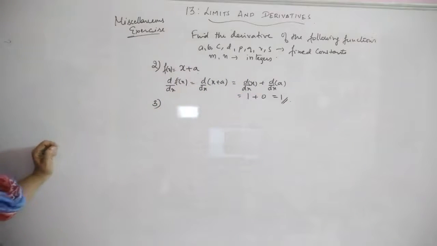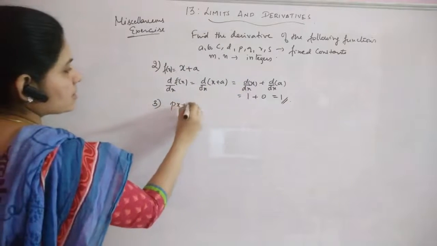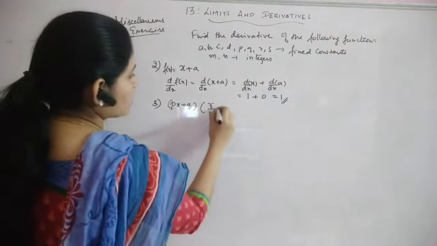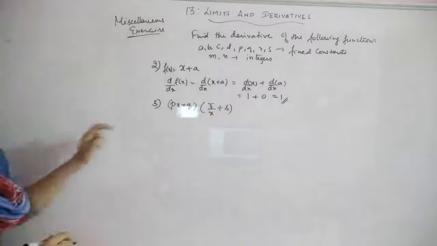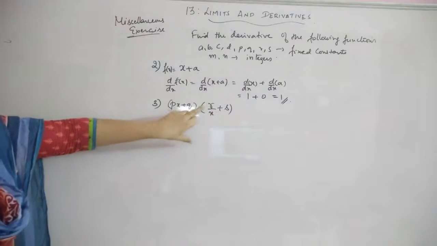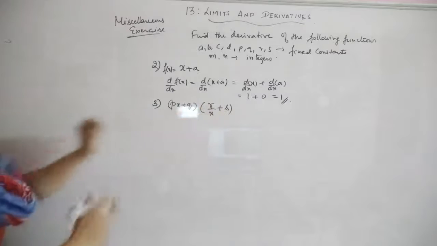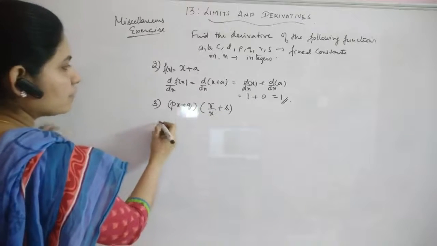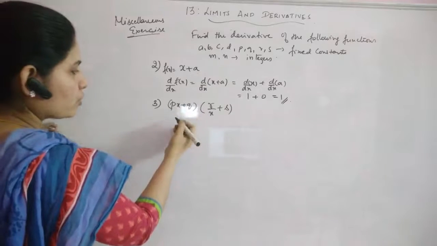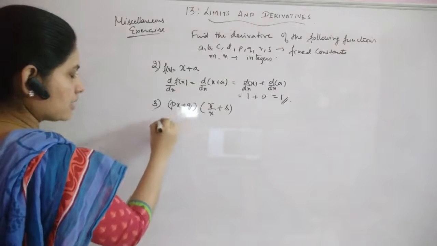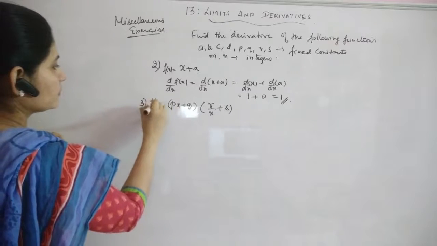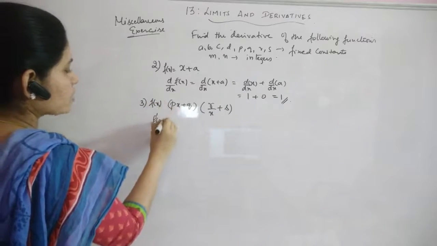Now the next one is px plus q into r by x plus s. This is the next question. Here p, q, r and s are all constants. So for finding the derivative you can use the product rule here. For the product rule, what is that? Suppose I am taking this as f of x. So f dash of x will be